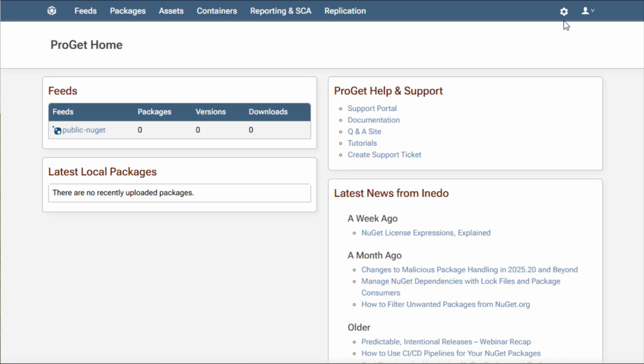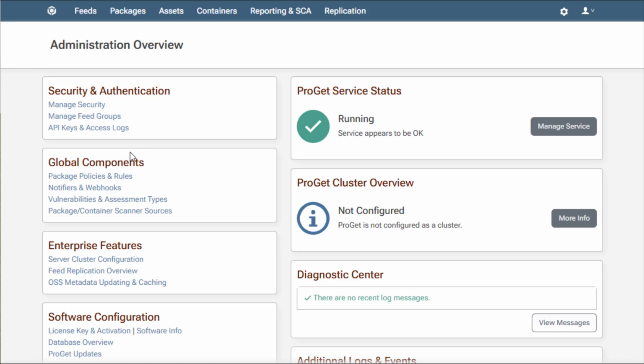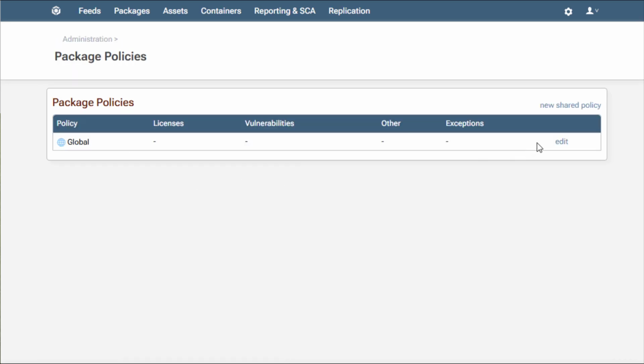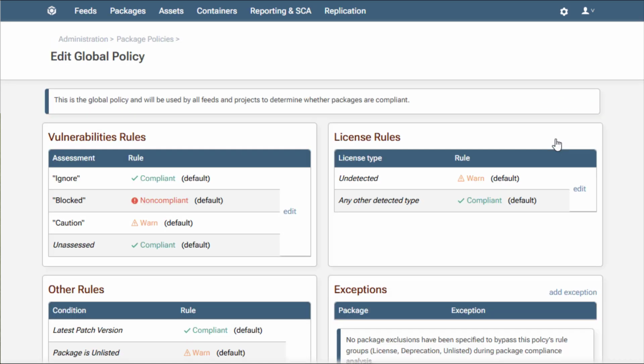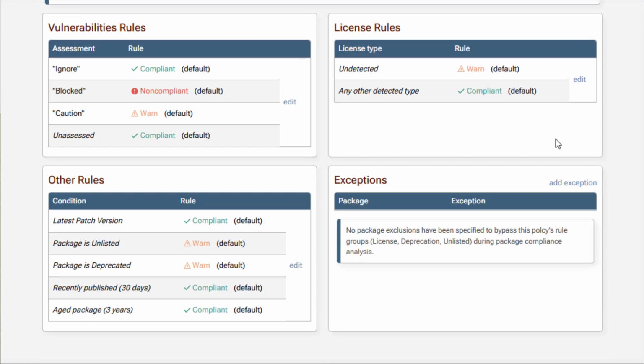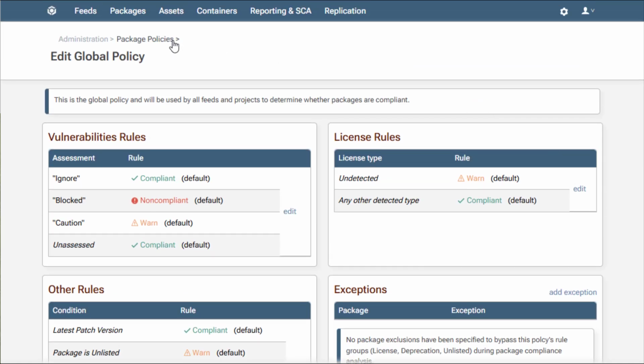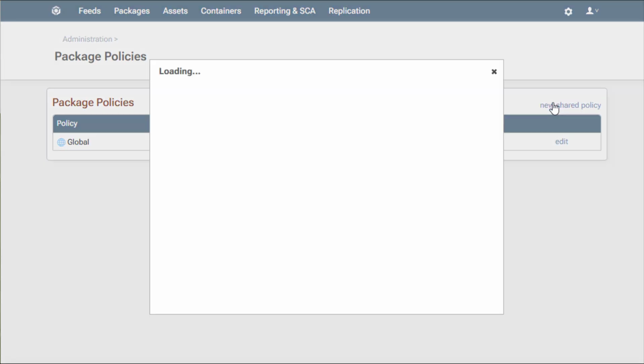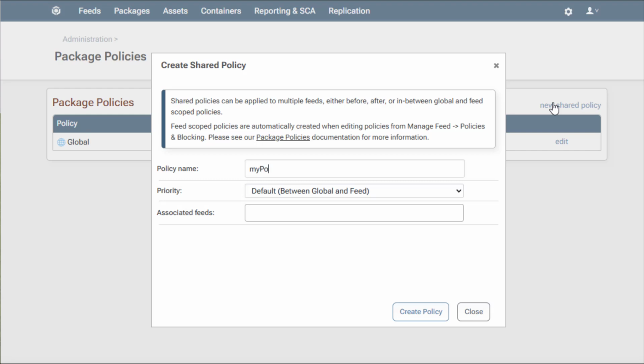from entering your builds. A policy is a set of rules that evaluates packages in your feeds. By default, ProGet's global policies apply automatically across all feeds. These enforce basic compliance rules out of the box, giving you immediate oversight and each package a clear result: compliant, non-compliant, or warned. However, you also have the option of creating feed-level policies that can override global rules to address specific needs. This lets you create a custom policy and associate it with the feed when you need rules tailored